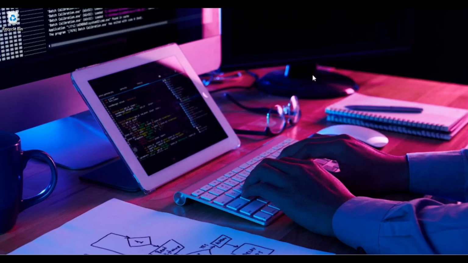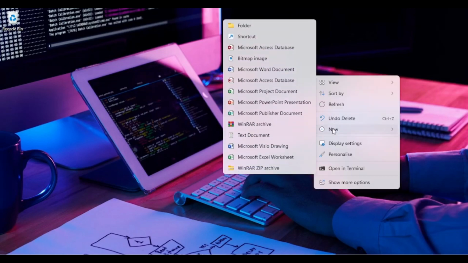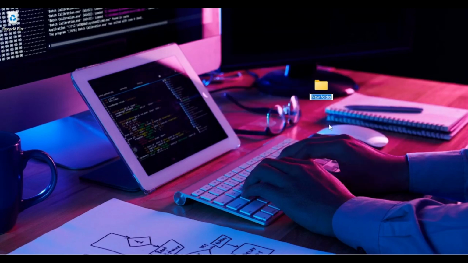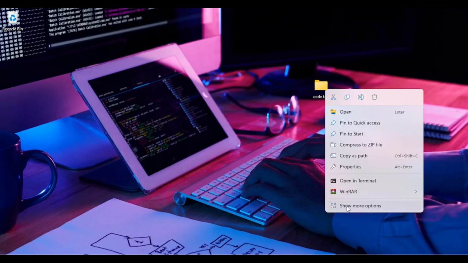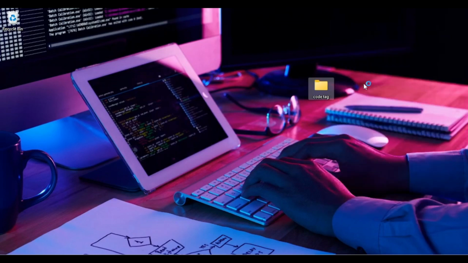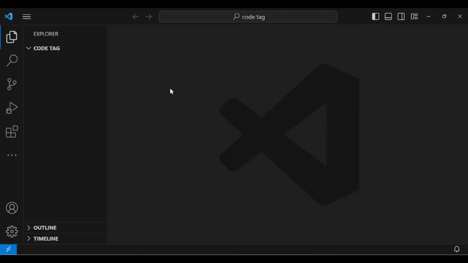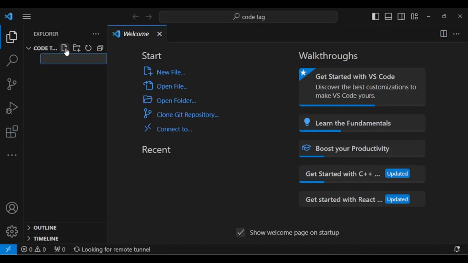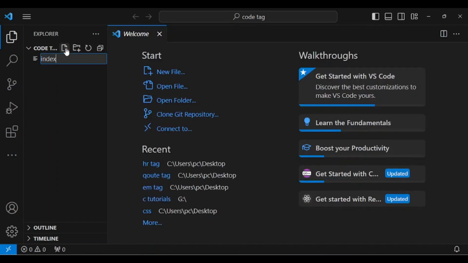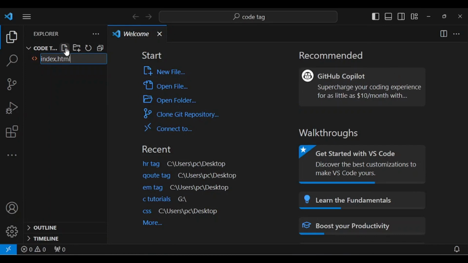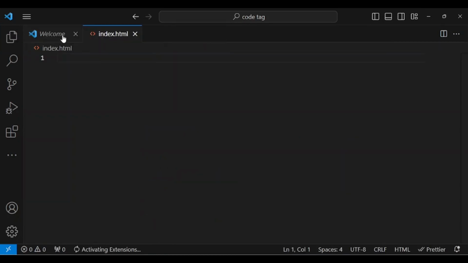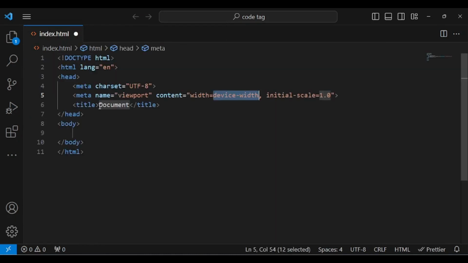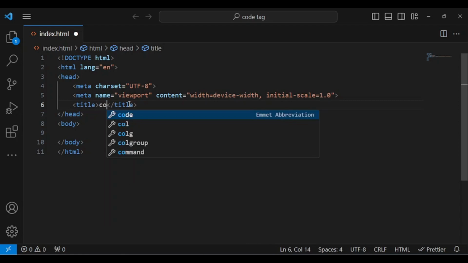So now the first thing to do here is to open a new folder. I'm going to show you how it works practically. So let's say code tag, and I should just be able to open this up inside my code editor. And then after it's opened up, I can create a new index.html file, and then bring out the normal HTML template and change the title here to code